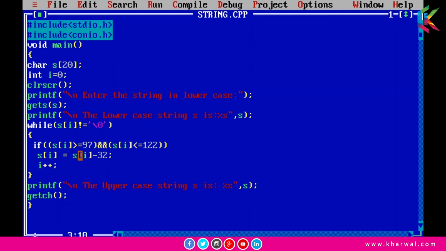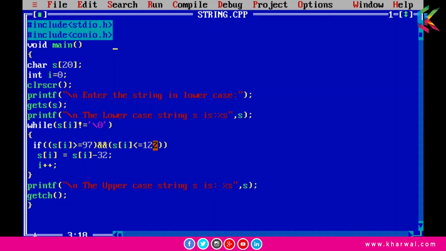If you want to convert small a to capital A, we know that the ASCII value of small a is 97, so if we subtract 32 from 97, we get 65, and that is the value of capital A. And why am I putting this condition? Because we want to convert only those alphabets which are greater than or equal to small a and less than or equal to small z, and we don't want to convert any punctuation marks such as space.